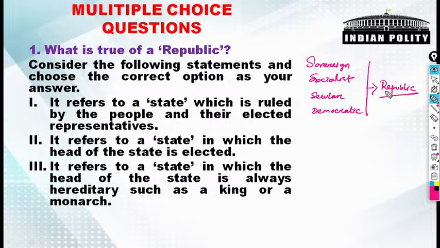Socialist country: we have a democratic socialist country. We have not adopted pure socialism, rather we have mixed democracy with socialism. In this democratic socialism, we have a mixed economy where both public and private sector interplay. And we have a secular republic because we are a country with multifarious religions, with a large